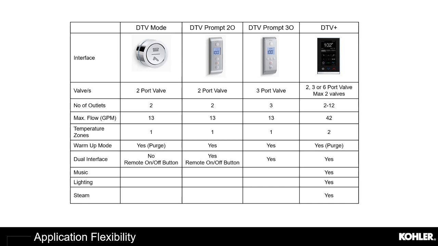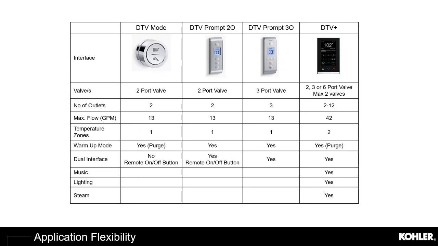That gives you the option to have between 2 and 12 total outlets in your showering space. If you desire up to 42 GPM, so you can have that full complete car wash or that expansive shower you're looking for. It gives you the ability to have up to 2 temperature zones, which we'll dive deeper in and talk about why that's important, as well as some great features and benefits that we'll walk through on each of the slides, and then talk about some of the individual upgrade opportunities, including music, lighting, steam, and even connected